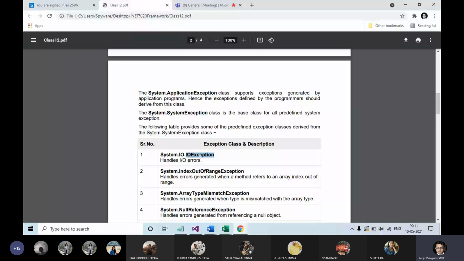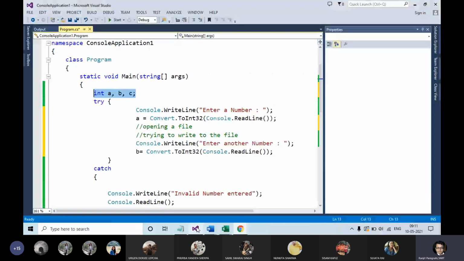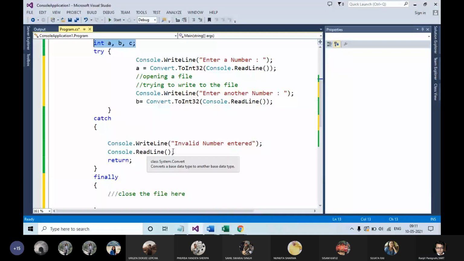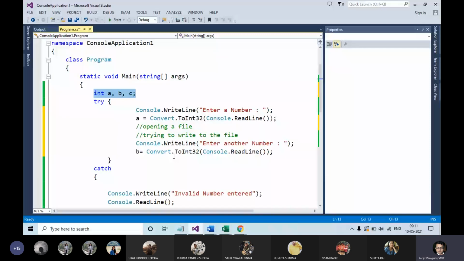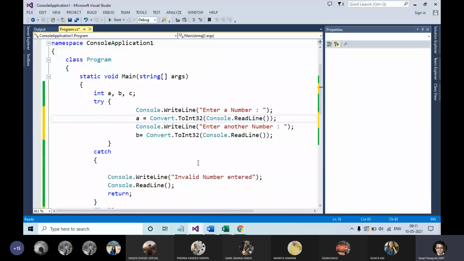Just I am showing you something. You see, you are taking two numbers over here. Basically in the catch block, to handle the exception, you have to define the exception class object.